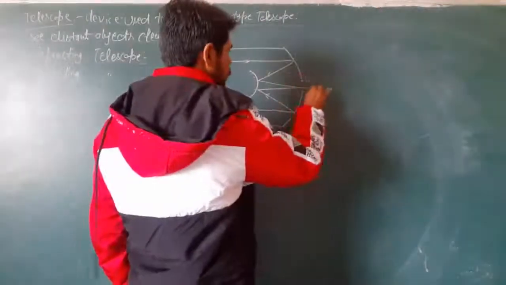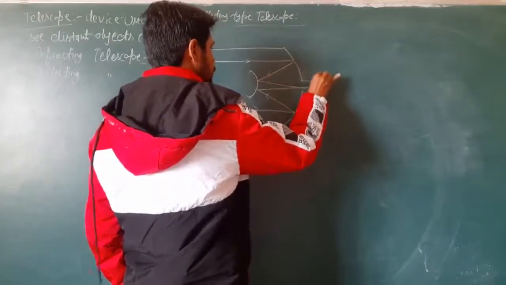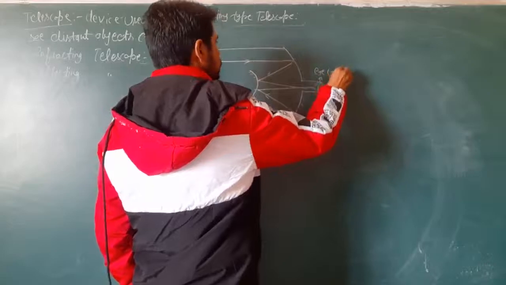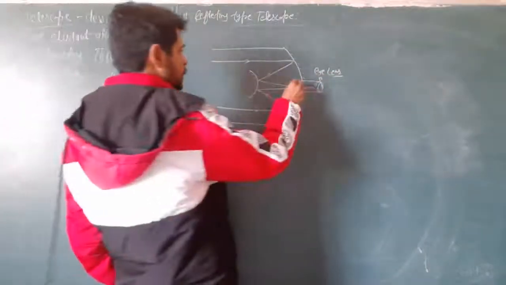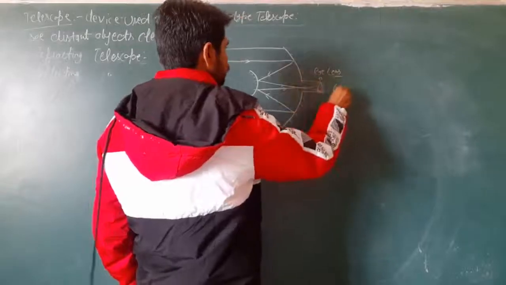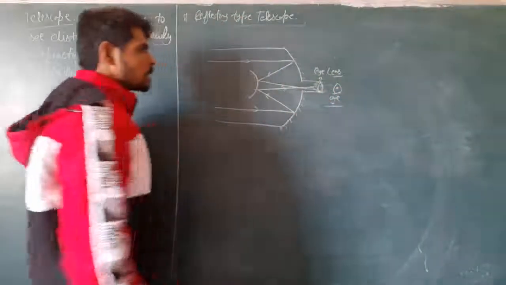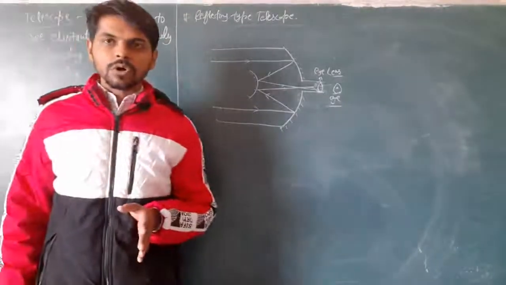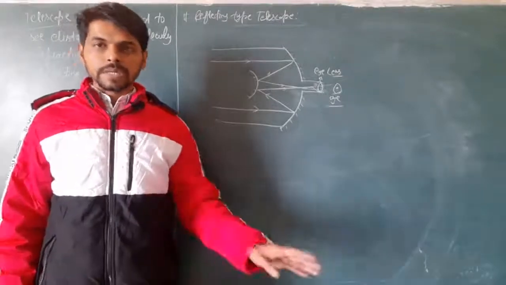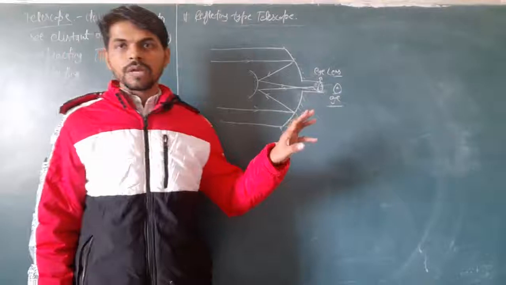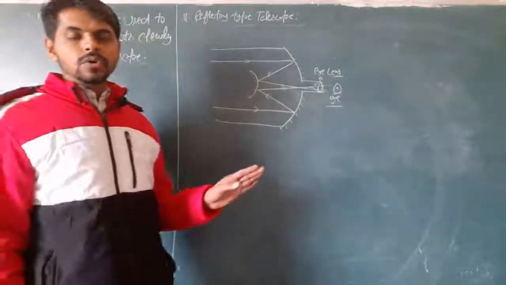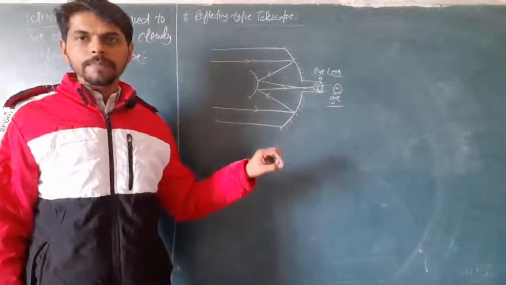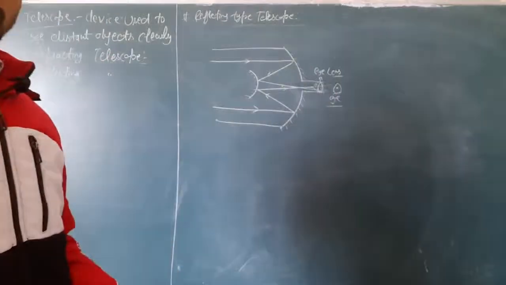There is a tube also in which the eyepiece is there. This is called the eye lens, a convex lens. Converging lens nature का ही है. This is the eye lens. And when the reflected rays pass through this eye lens, the image will be formed. Here we place our eyes to see the images of the distant star. So what happens in reflecting type telescope is there is a concave mirror of large aperture instead of using a convex lens of large aperture as in the astronomical telescope, that was refracting type telescope. So this is the basic difference between reflecting and refracting type telescope.